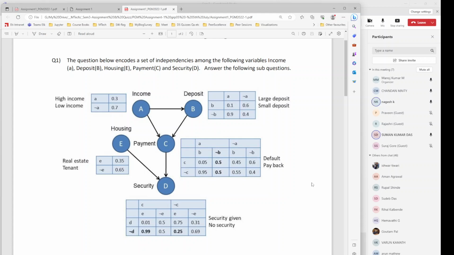So I can share that particular file as a Word document. I don't know if I can type all those symbols, but at least I will try. Okay, no issue. I think, Suman,